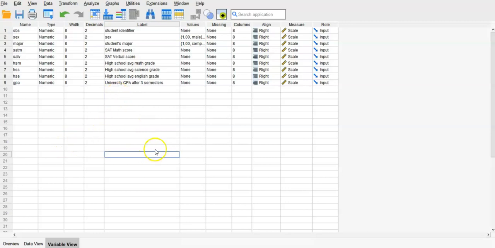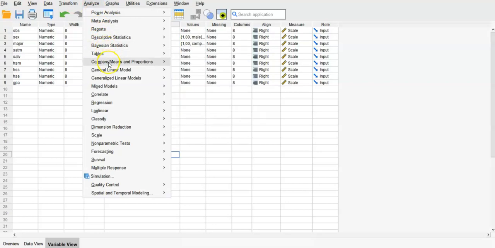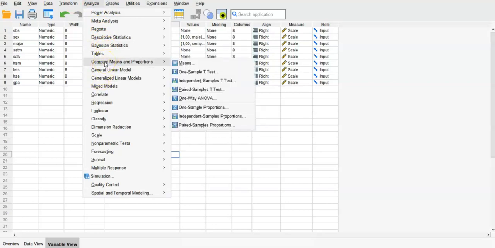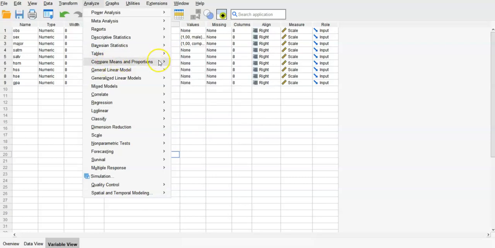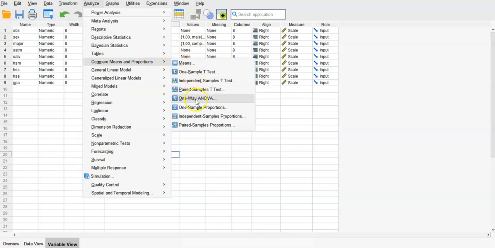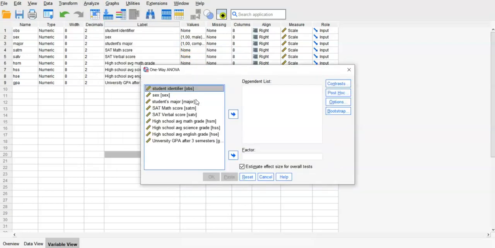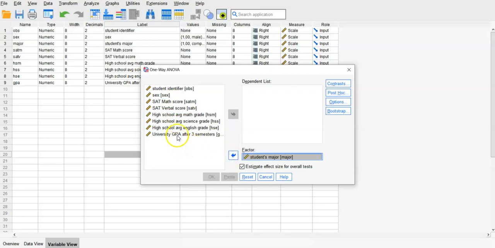And now we can conduct the ANOVA test. Analyze, compare means and proportions. Maybe you have only compare means, but that is the same thing. And then you can go to the one-way ANOVA. Here you should put the independent variable, that is the major, in the factor. And then the GPA should be in the dependent list. Okay. And now the post hoc,